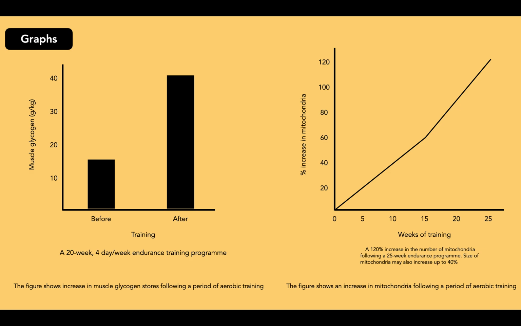So obviously muscle glycogen, just to recap, is what produces energy, okay? It's stored as glycogen and turned into glucose. So that provides energy for you to train and perform. On the right there, we have